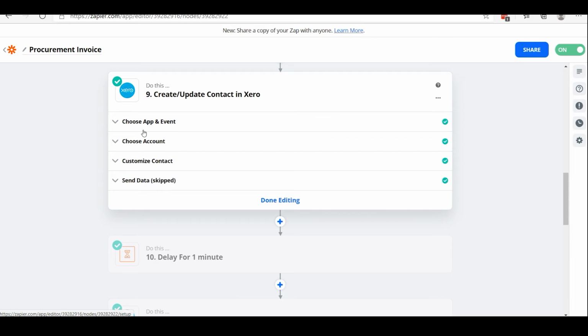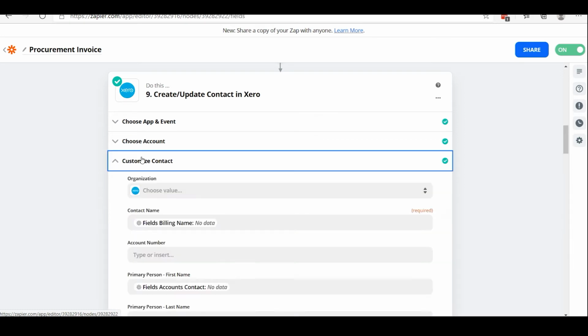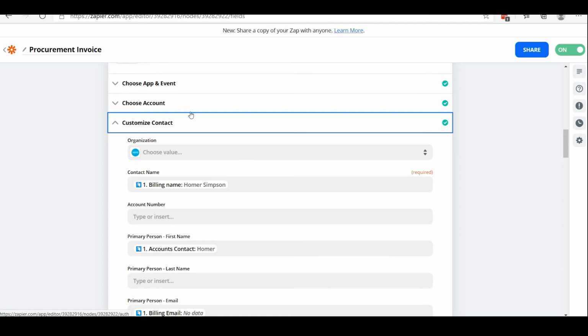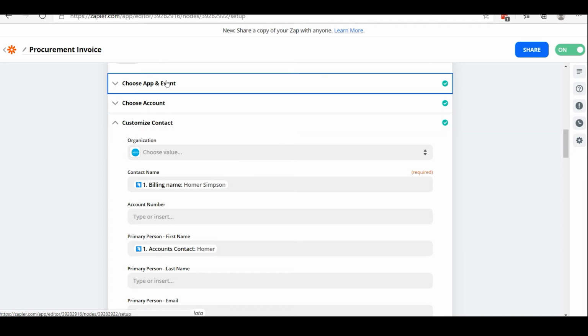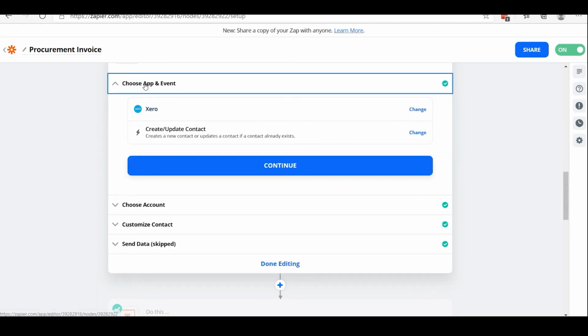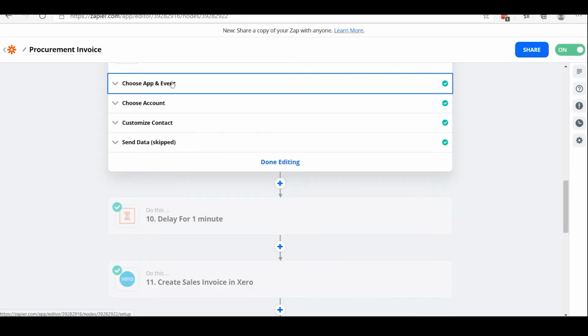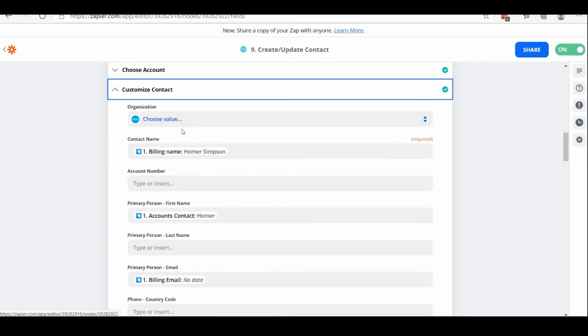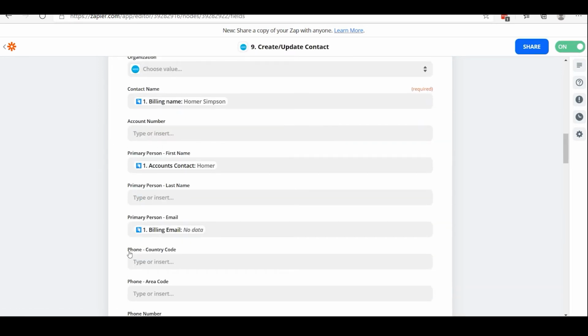So if we come into customize contact here, we're obviously going into Xero, needless to say, and we're going to create or update a contact. That's the name of the Zap action. We have our find your account, and then all of these fields will come up automatically, and you can see what I put in there. The billing name, which is the full name from,